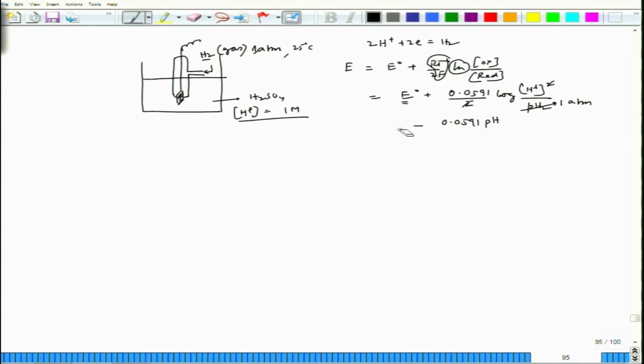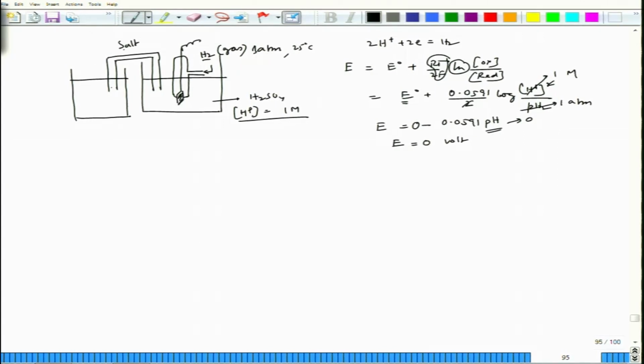So, finally, we are getting E equal to minus like this, and I would like to put this 0 value. Now, when this is maintained at 1 molar solution, then this goes to 0. So, E equal to 0 volt. Now, once we maintain this E0, if it is connected to, let us say, another cell with a salt bridge, this is the salt bridge, and if we have a zinc rod here, if we connect like this, this is zinc sulfate,